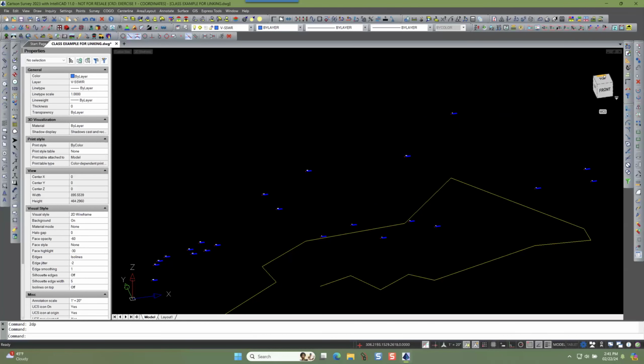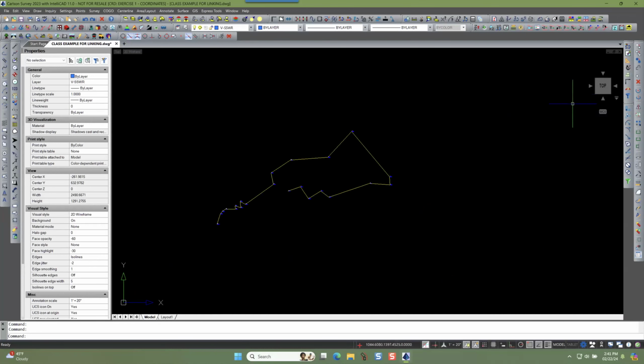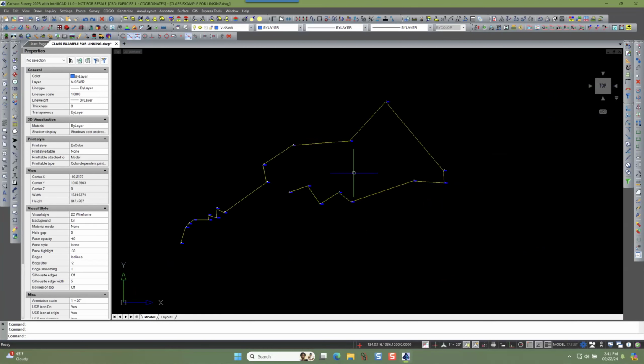You can also then, once you're ready, go back over to the little view cube at the top, if you've got that, or if you don't have that, you can type the word plan, hit enter, and then tell it to do a plan view of the current coordinate system. All right, now